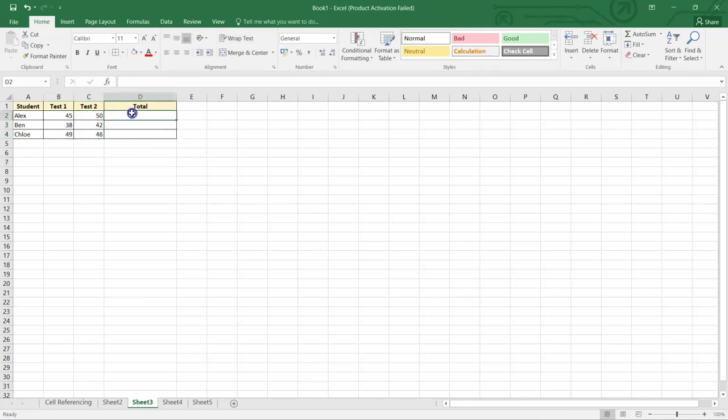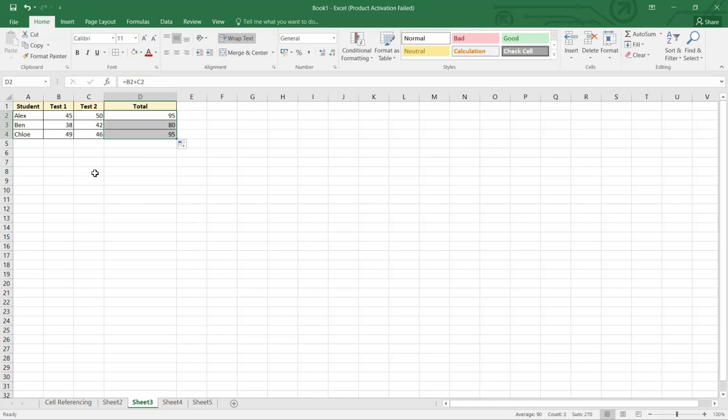For total, obviously, we'll be using relative cell referencing, like we know. So a simple total would be adding the two numbers, so that means the two cells. And I'll just press enter, and maybe I'll simply copy that to the entire data. Now, when you have like 50 or hundreds of students, this is a very simple method to do the entire task. All right, so that is an example of how you can use relative cell referencing.